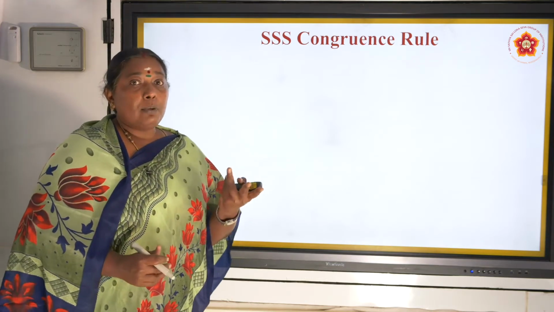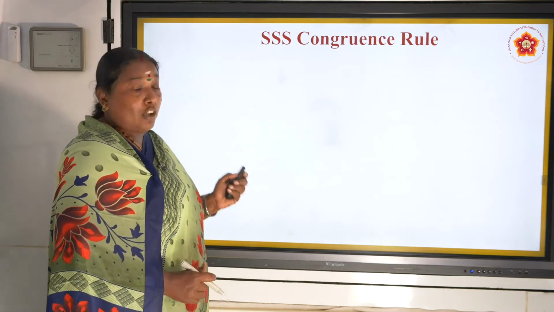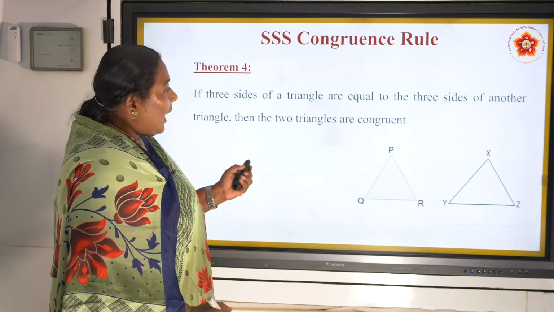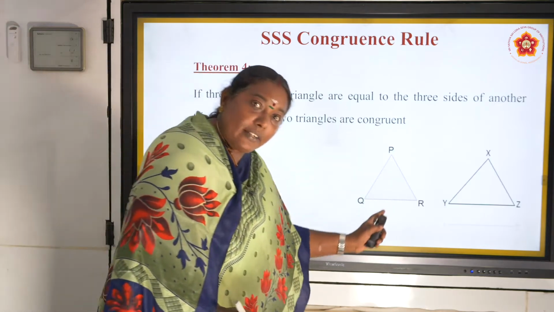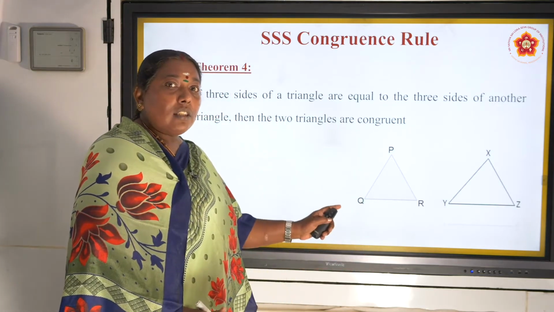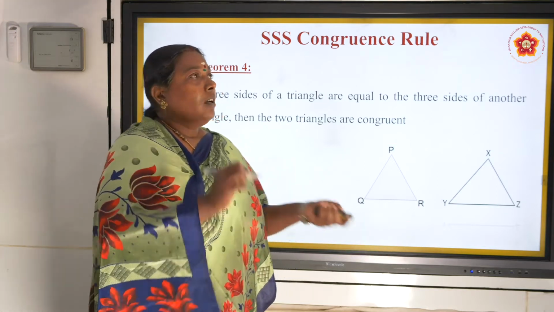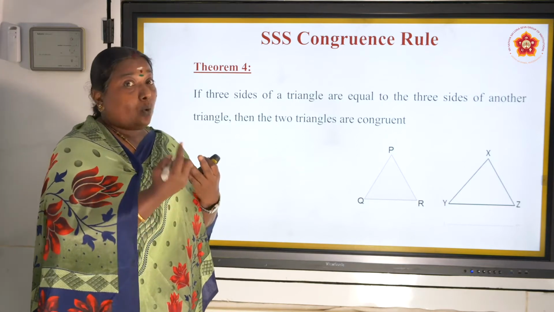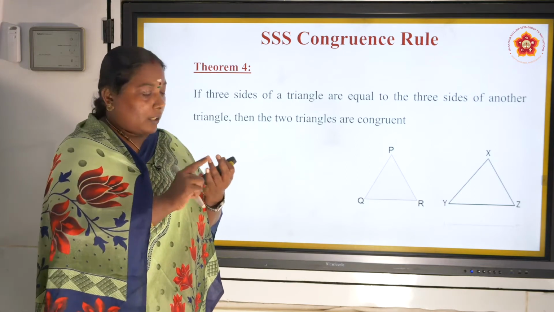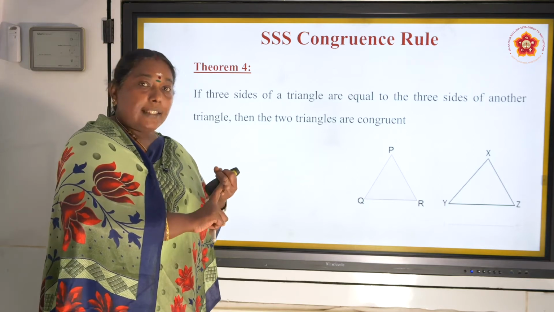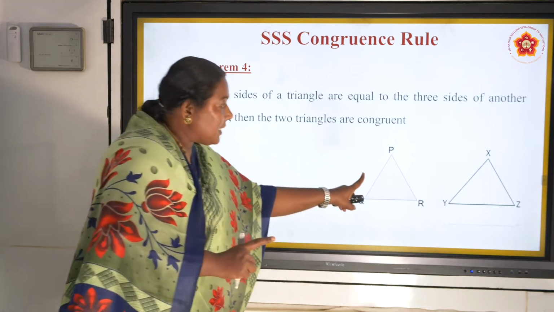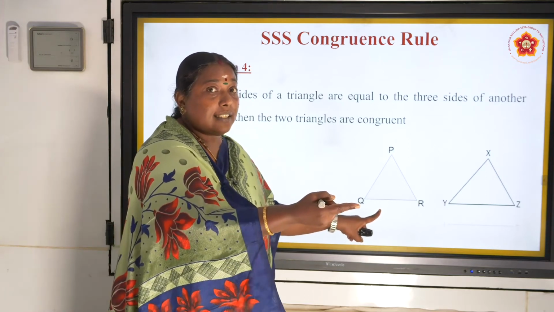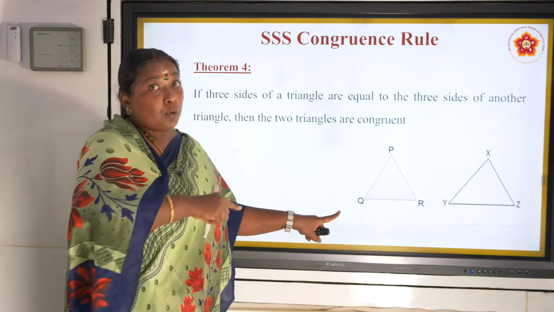Now how will we prove it? Let us see. For that, what do we need? If two triangles are there and all the sides are equal, then we have to tell that the two triangles are congruent. If two triangles have three sides, then what do we need? Already I know that if side, angle and side are equal, then I can tell that they are congruent, because I have already proved that.